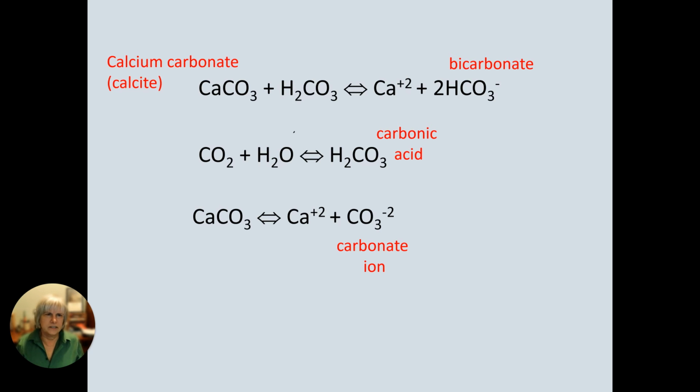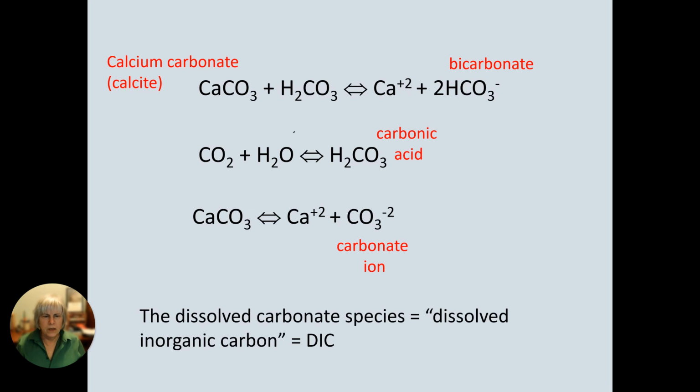H2CO3 is the carbonic acid. HCO3 is bicarbonate, and the CO3 is called the carbonate ion. So those are the different forms we have of carbonates in our system, or different dissolved species of carbonate. So when I consider those together as a group, I refer to those often as dissolved carbonate species or dissolved